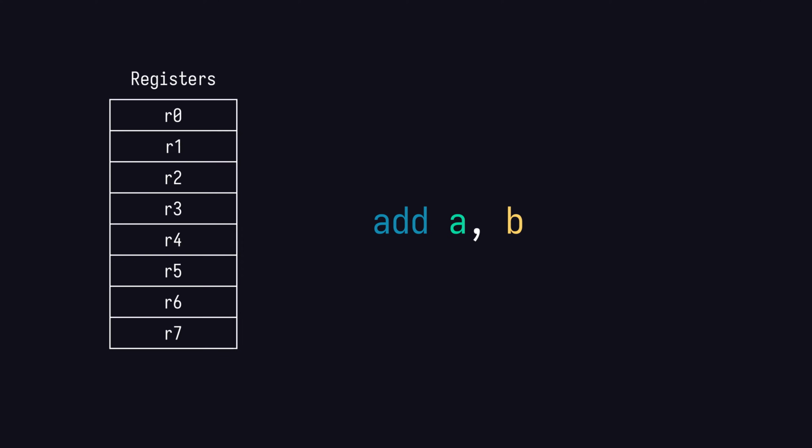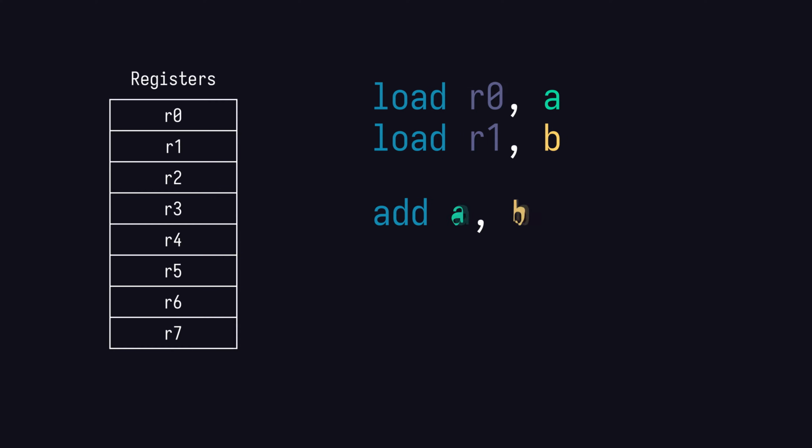Instead of directly providing the addresses for operands a and b as part of the add operation, we first load a and b from memory into registers with a load operation, and then have the add operation work with those registers instead. And once the addition is done, we can store the result back to memory with a store instruction. At first glance, this looks very inefficient, because we need 3 additional instructions just to do an